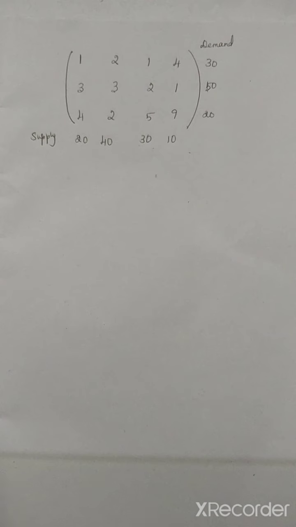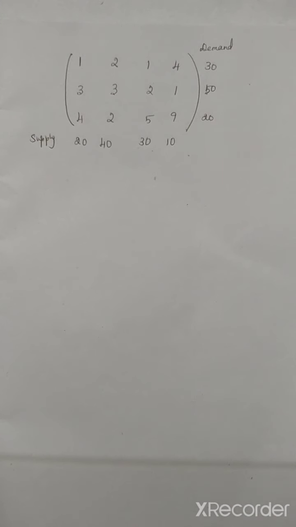First you have to check whether the total demand is equal to total supply or not. In the next step you have to find the penalty value. For each row and each column, take the two smallest elements, find the difference and enter it on the right hand side and bottom of the matrix. You have to choose the maximum penalty. Suppose this penalty lies in a row penalty, it means you have to go for that row, or a column penalty means you have to choose the column.